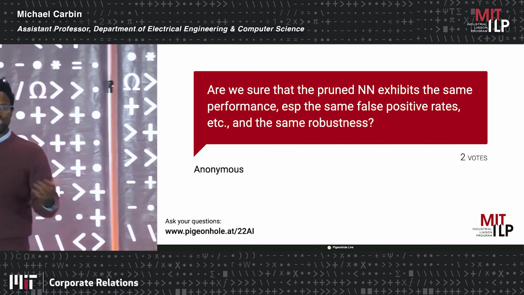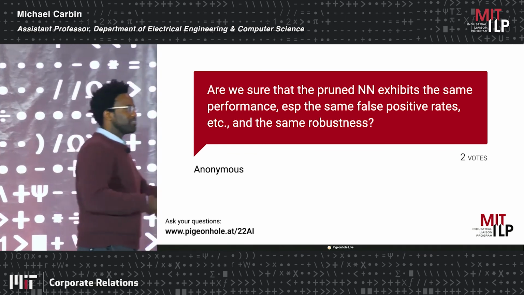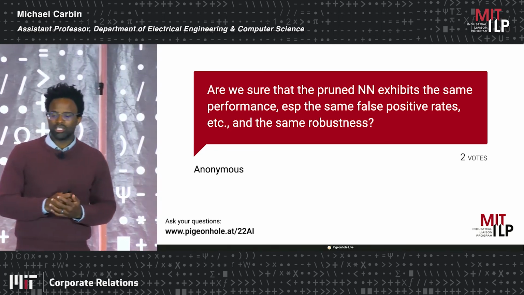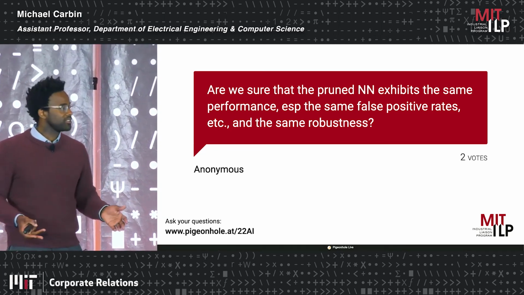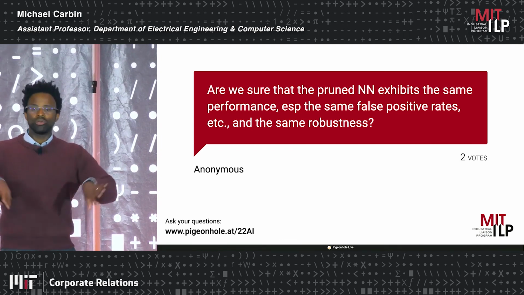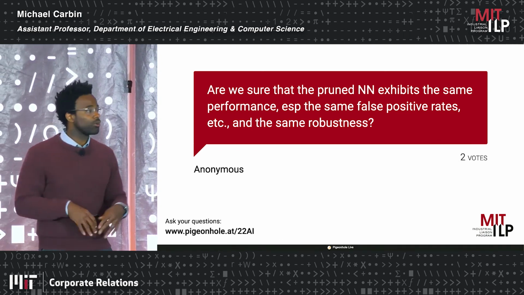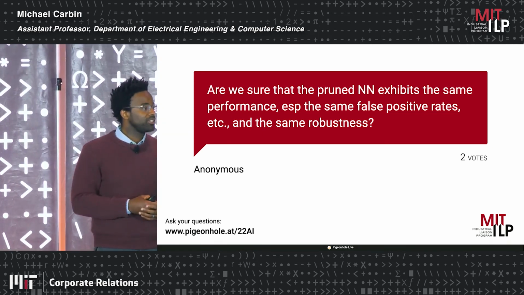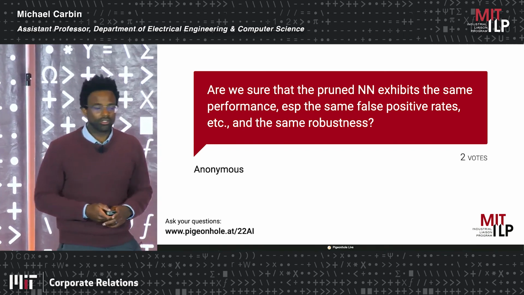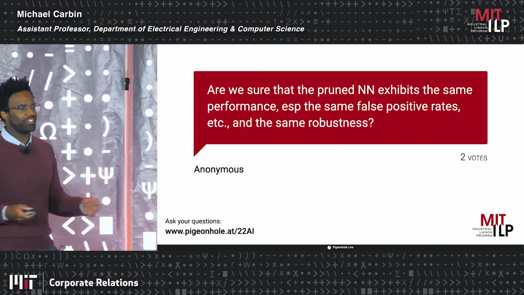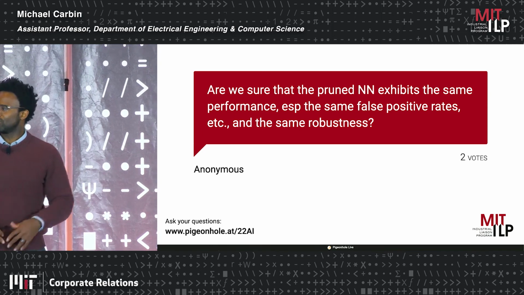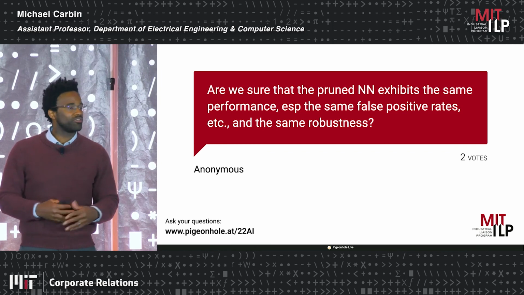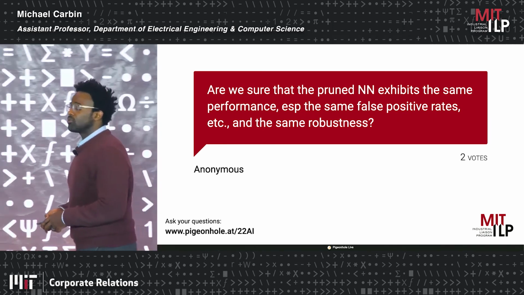But as well, showing that there can be disparate impact between different types of examples that you have in your data set. We have some follow-up work right now in this space as well, but broadly what I would say is that accuracy may be the same, but as we put in additional measures of robustness or measures of alternative characteristics of our network, things may actually be slightly different. So this is very much an active area of research, and there are no definitive conclusions right now, but people are starting to show that we need to take a more holistic view of this, particularly with concerns about measures of fairness that have become prominent lately in the community.